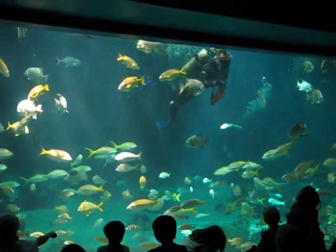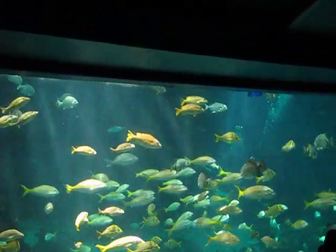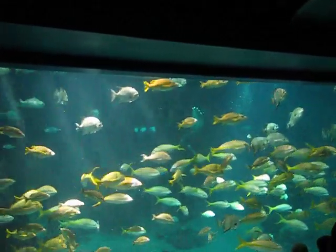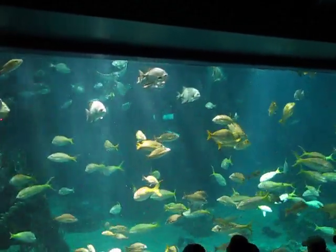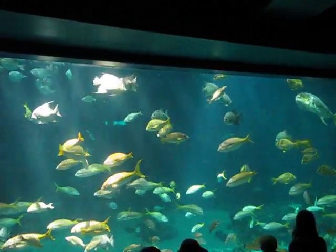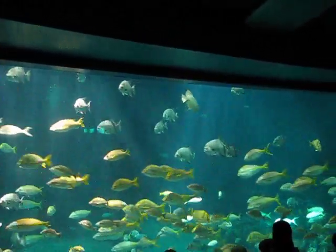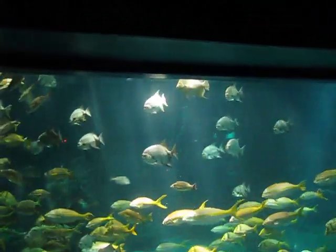Now, if you're looking for sharks, you want to look down. Right down on the right-hand side, there is a sandbar shark. Most should be able to see that. Sandbars are about 4 to 6 feet long. There are 3 of them in the environment. So now we've talked about 3 types of sharks. We have sandbars, 3 of them, sand tigers, 10 to 12 feet long, and we saw our small black-nosed shark